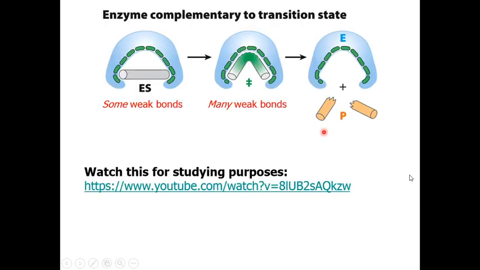So the biggest takeaway from this lecture is that the enzyme has complementarity to the transition state of the reaction. When the enzyme binds the substrate, there are some weak bonds, but when it binds the transition state of the reaction, it has many weak bonds that contribute favorably to a decrease in the energy of the transition state, leading to